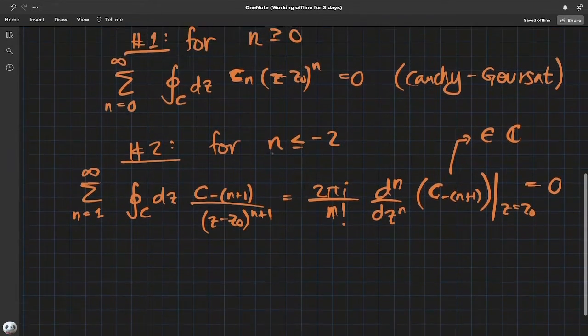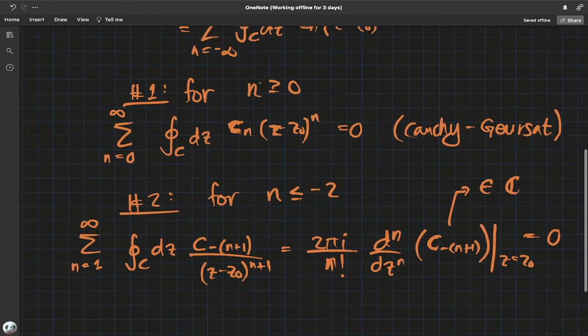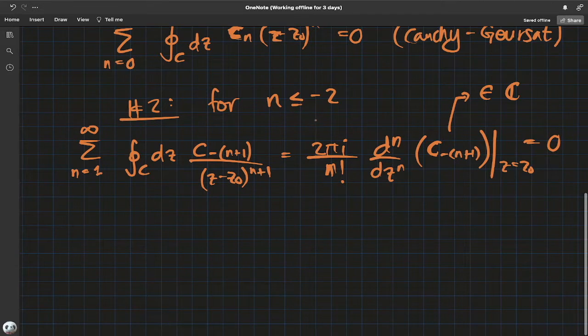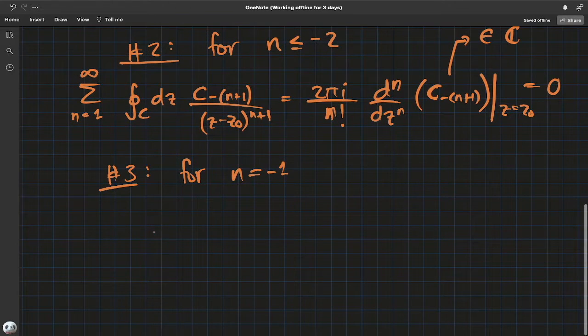Okay, this was for n greater than or equal to 0. This was for n less than or equal to -2. Well, we have the last case. The only number that remains is n equal to -1. Why that case is particularly special